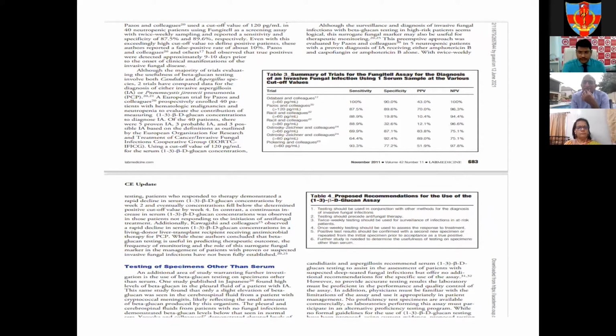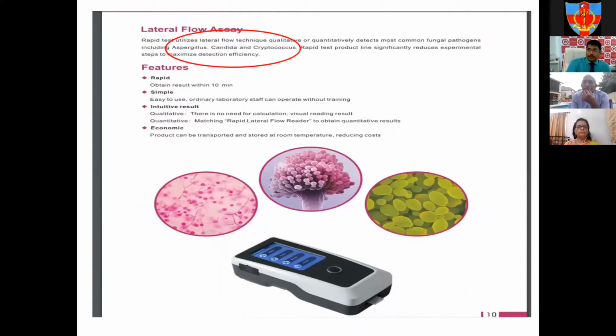This shows us the numbers about their specificities and sensitivities and the percentage of negative predictive value. They have come forward with a few recommendations on the contexts and scenarios in which you can use this investigative tool. There are many other fungal detection modalities, like the lateral flow assay, which is point of care testing. Its ease of use and quick turnaround time will help us detect these infections very fast